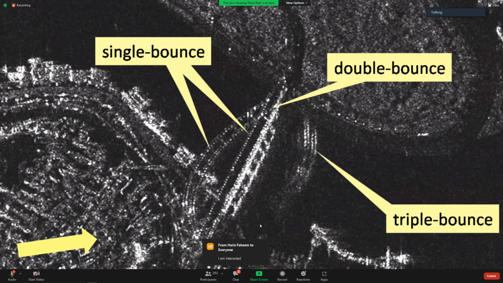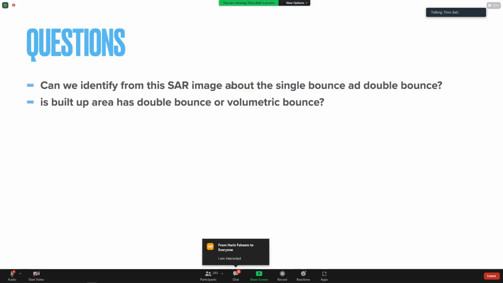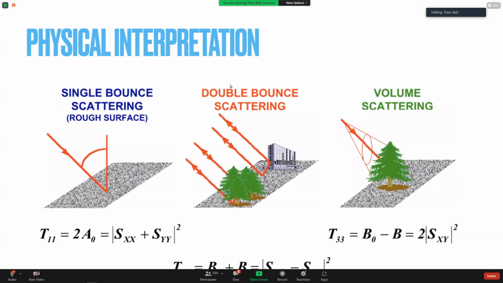Okay. Now, can we identify from a SAR image single bounce, double bounce, and volumetric bounce in built-up areas? In the case of the bridge, we can infer that just from the geometry, but that's not the only way to do it. The other way is if we have polarization data available, full polarization, we can separate the number of bounces or the type of bouncing